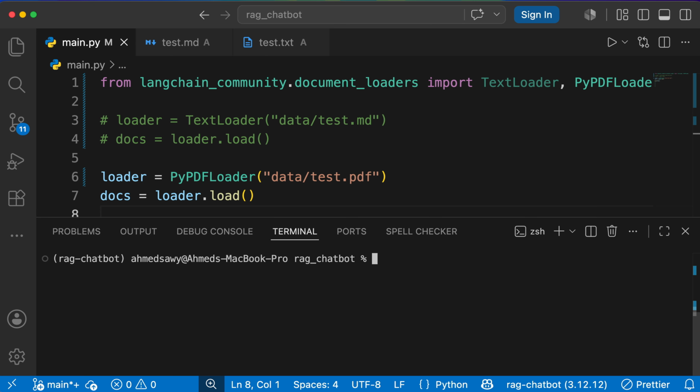You are going to see this error: pypdf package not found. Please install it with pip install pypdf. So we need to install this library, but we're going to install it using uv, not pip. So uv add pypdf, and let's run our app again. So uv run